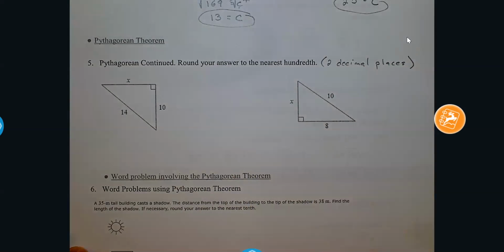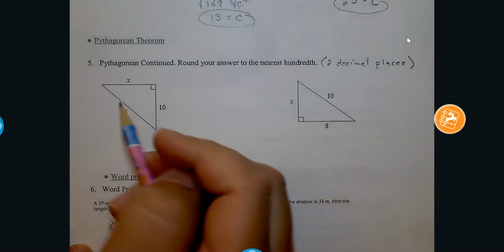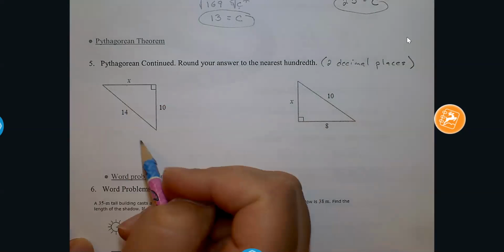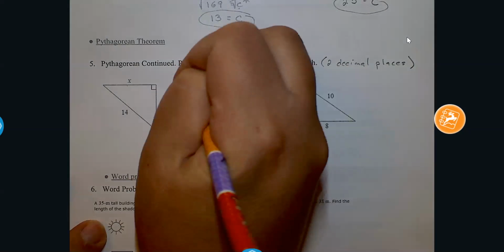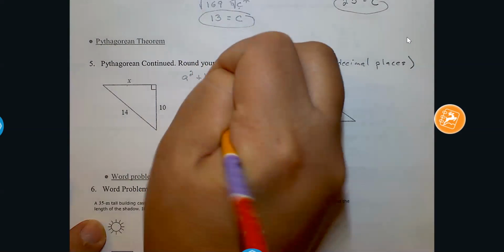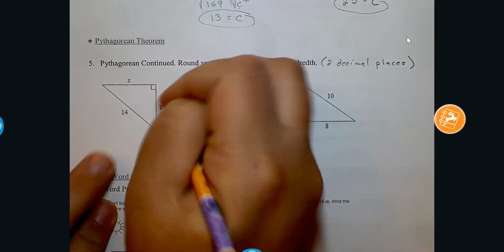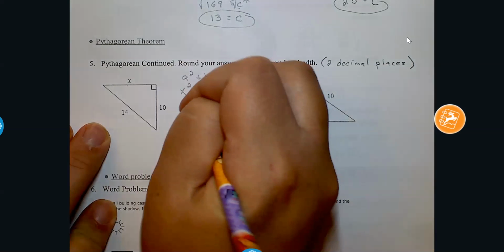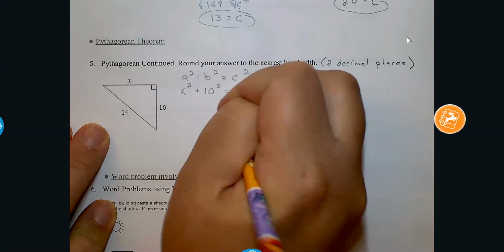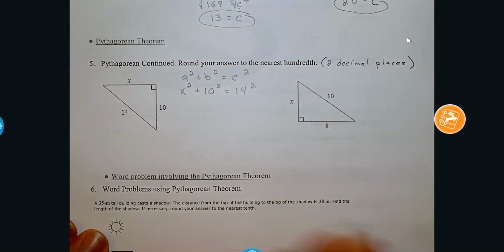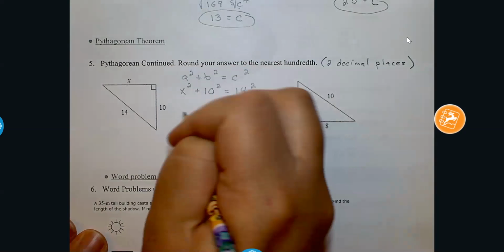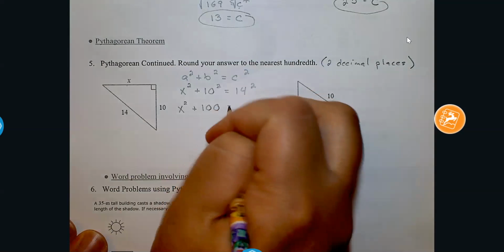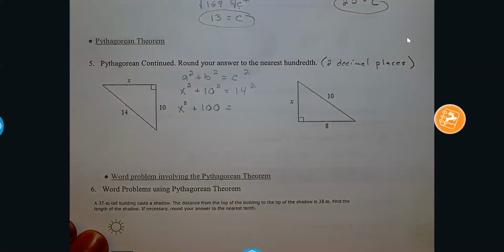Okay, and we have to make sure that we round correctly. All right, the only difference here in these problems is I'm now missing a leg and I have a hypotenuse. So I still have a squared plus b squared equals c squared. But this is going to be x squared, or I can leave it as a squared, plus 10 squared equals 14 squared. So now I square what I can. X squared stays. 10 squared is 100, and 14 squared